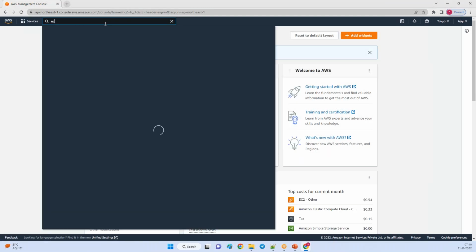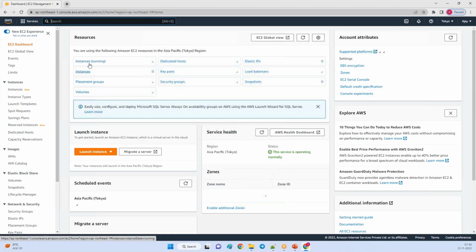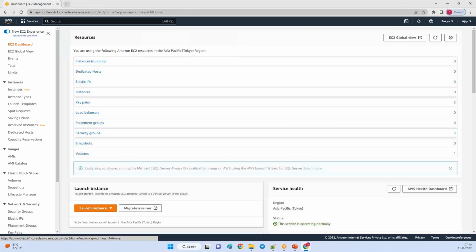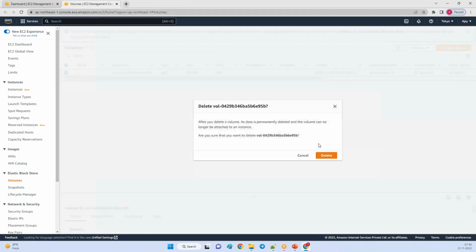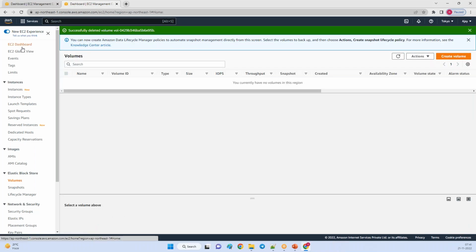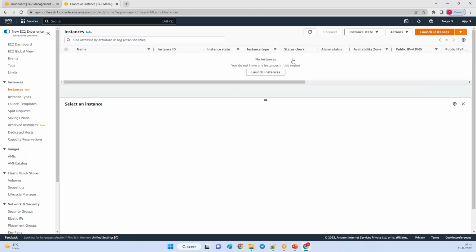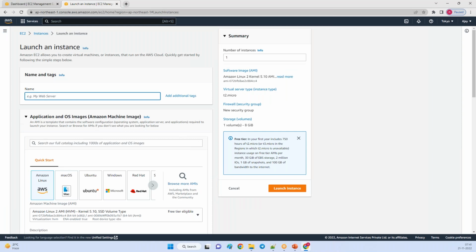Let me sign into the console, go to EC2, and launch an Amazon Linux server, or we can take it for the Maven installation.